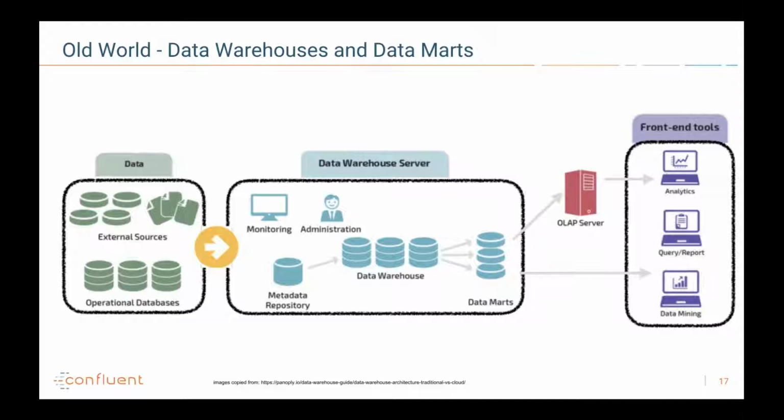This schema on write is called ETL, and it would traditionally take about 18 to 24 months for that ETL process to be written, to create the data in a clean format for people.